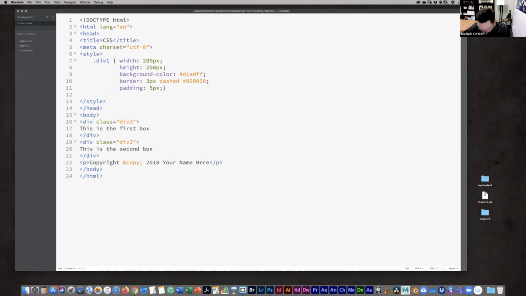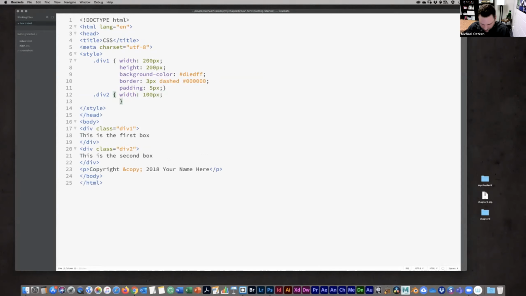Now we're going to do a second one. All right, so this one we're going to do a little bit smaller. We're going to make it 100 pixels. Same for the height.